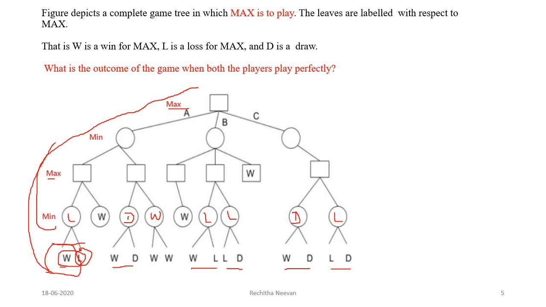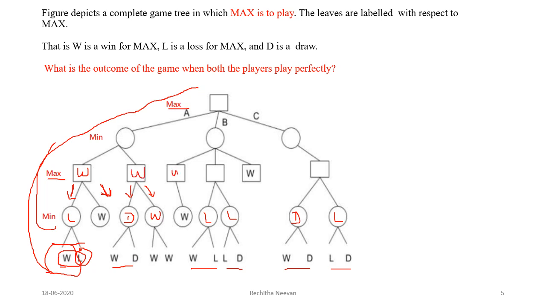Now here it's a max node. Max node always selects the best node. Here the two paths are here, one in this direction and one in this direction. If this max player selects this move, it will lead to loss. If it selects this path, it's a win path for max. So obviously this max player selects the win path. Now here it has two possibilities, one by going through this path, another by this turn. This max player selects win.